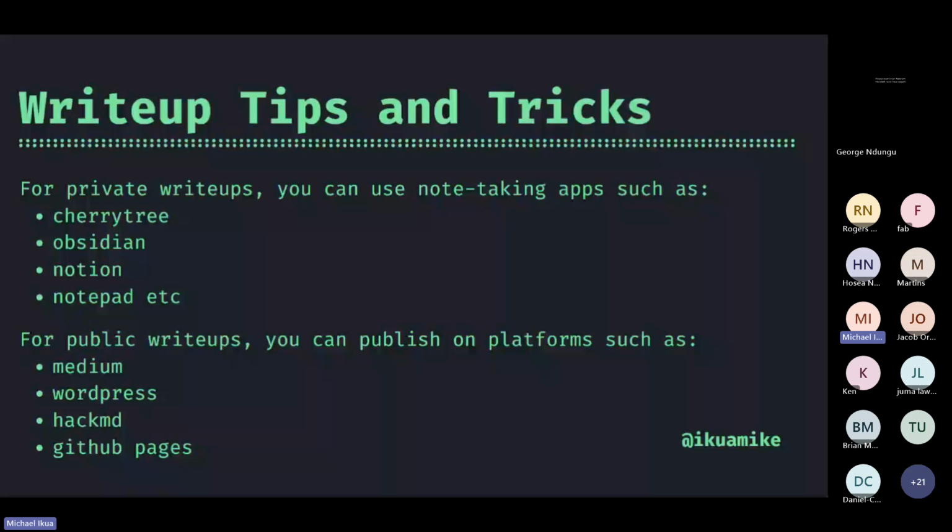CTF is a comfort zone, the same way in football the practice field is a comfort zone, because in the comfort zone, if you get scored on, it's not going to count. Even in CTF, if you fail, it's not going to count. But if you go out in the real world and realize, okay, I am struggling, let's say as a pen tester, I'm struggling to find vulnerabilities, then you realize I need to approach this in a different way. So maybe do 50-50, balance CTFs and also try to look for real world applications.